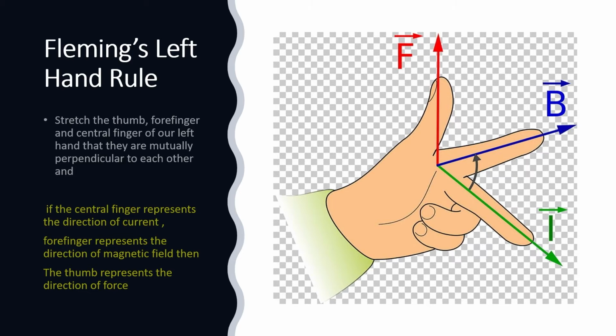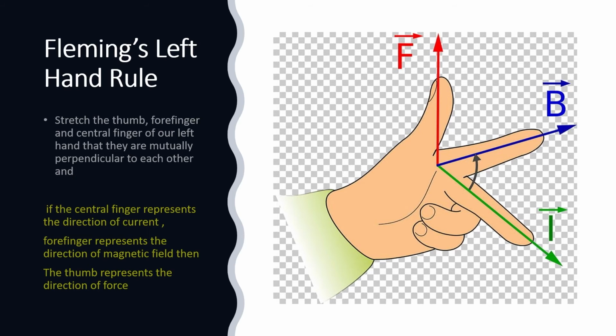Now to understand and remember this rule, we divide it into two parts. The first part talks about the orientation of the fingers and the second part assigns quantities to each finger. Now let's start with the first part. You have to stretch the first three fingers in such a way that they are mutually perpendicular to each other. Now what do we mean by that? It means your thumb is perpendicular to the forefinger, which is perpendicular to the central finger, as well as the central finger is perpendicular